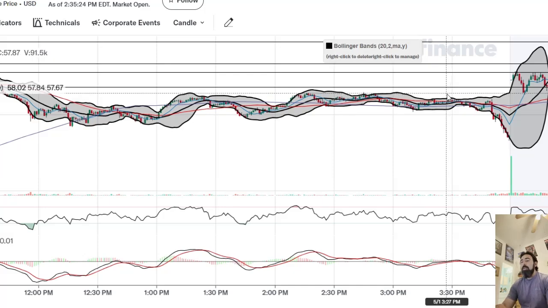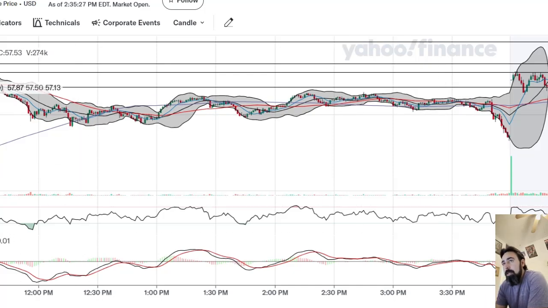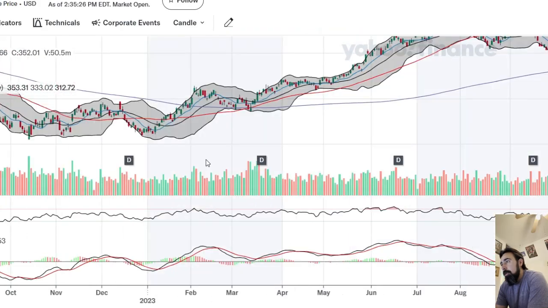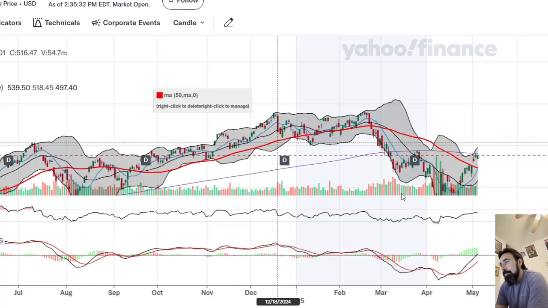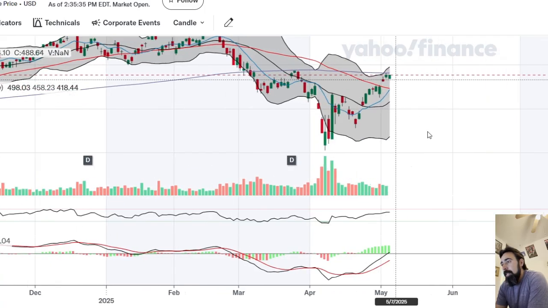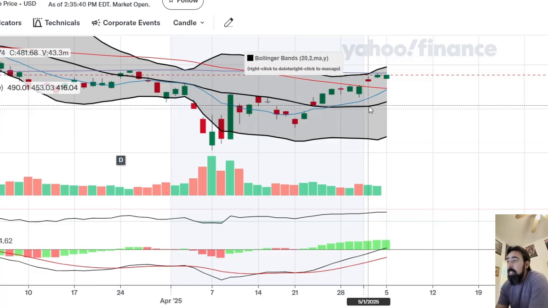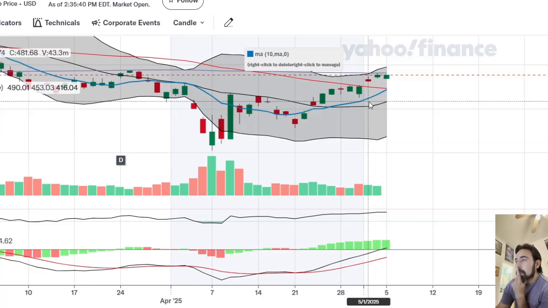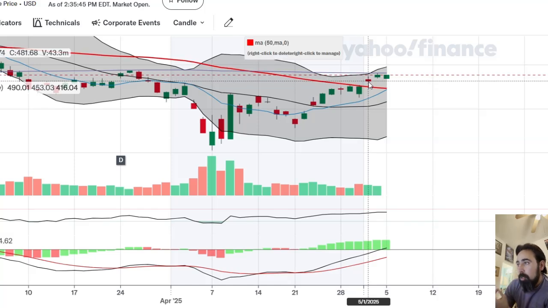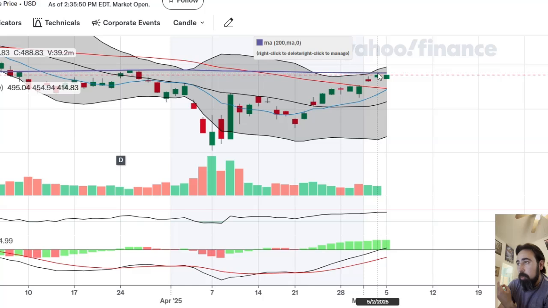What do I do? And I backed out to the, I'll just show you on QQQ. I backed out to the day chart. And May 2nd was, or May 1st was here. So you could see we were just above the 50, but there was a little bit more room to run up to the 200. And I believed that was going to happen. So I was like, all right, let me swing trade it.